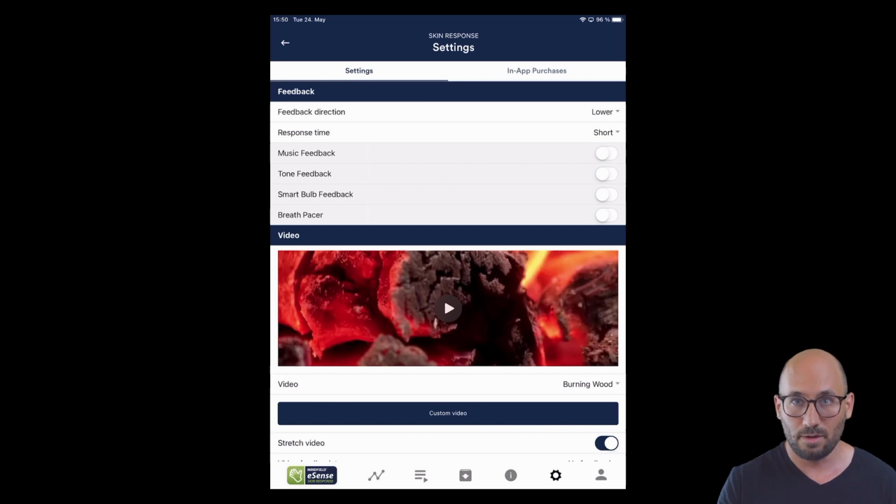So you try to lower your skin conductivity values. The response time is how fast the feedback in general reacts to changes of value and direction, up and down. Then you can add music feedback, tone feedback, smart bulb feedback. You can connect the Philips Hue bulbs, for example, which is pretty nice, that you have a real bulb, a real lamp in your room that changes its color, for example, while your stress level is changing with skin conductivity values, or even temperature values or